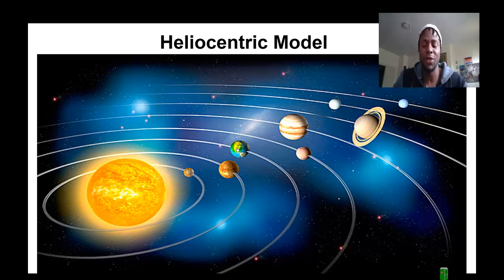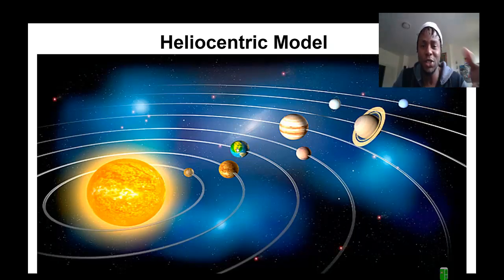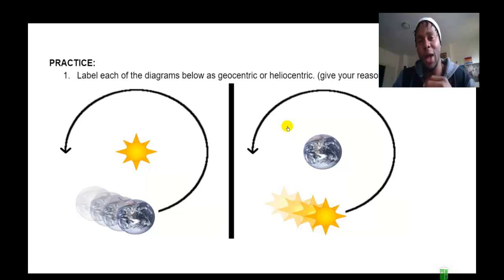So it turned out at the end of the day, the geocentric model of the universe means the earth is at the center and everything revolves around the earth, and the heliocentric model means the sun is at the center and every other thing revolves around it. It turned out that we are just one little unit. The earth, the sun, and all the solar system is just one tiny section of the Milky Way galaxy, and the Milky Way galaxy is just one out of billions of other galaxies in the universe. All right, that wraps up our lecture today.